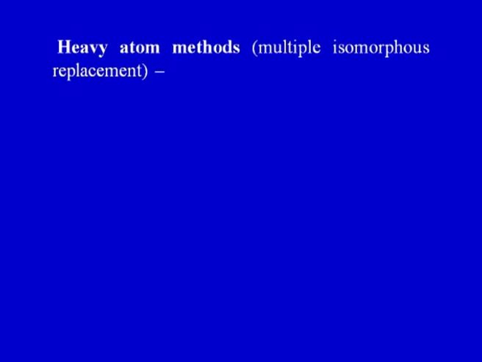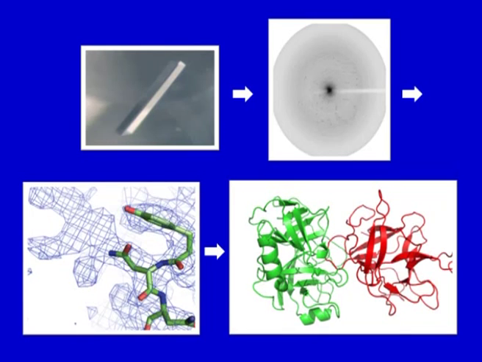Then there are heavy atom methods, where native crystal data is taken, and then the native crystal is soaked with heavy atoms like platinum or gold or mercury, and then data is collected. The phases of the heavy atoms are calculated, and then those phases are utilized for solving the structure. So, these are different methods. To summarize, you have a crystal, you get a diffraction pattern by exposure of the crystal to X-rays, there is electron density, and finally you get the model by different phasing